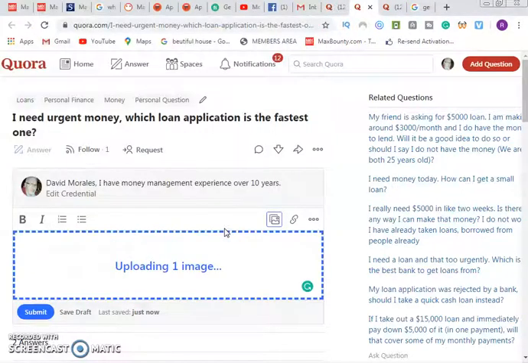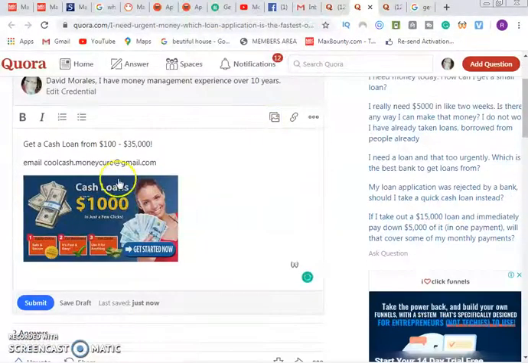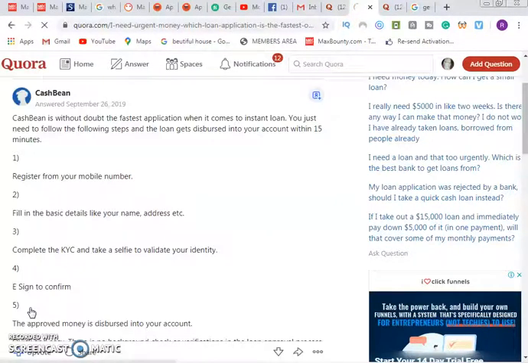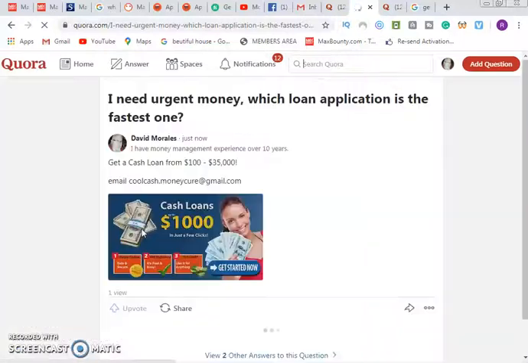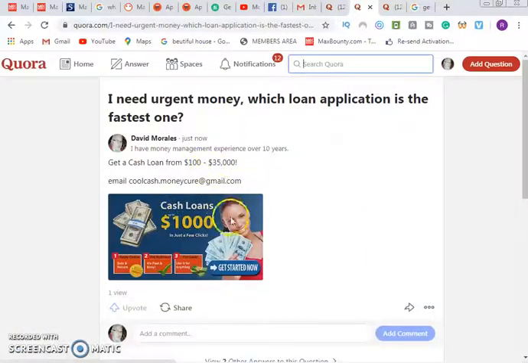Then the moment I add the image and it's uploaded, you can see it here. Cash loan up to 1,000. So I click on submit. So any person that reads through this now and sees it, that is it. Once they go through everything, they click